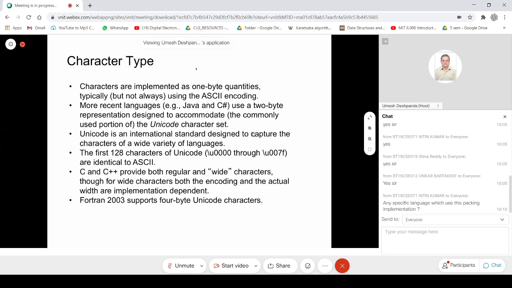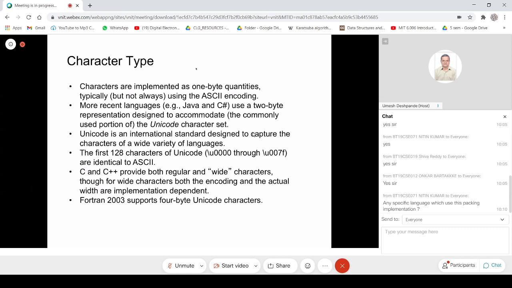Since in those days only so many characters were represented, 1 byte quantities were sufficient to represent any character. But nowadays, when we want to represent more characters, that is for internationalization, characters which come from scripts of different languages, then 1 byte is not sufficient, and therefore